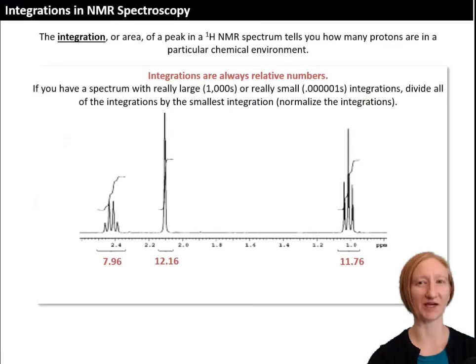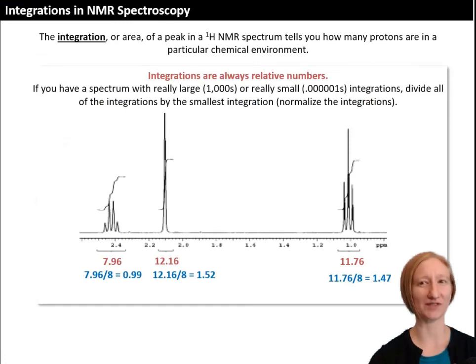In this example spectrum, the integrations shown are 7.96, 12.16, and 11.76. That doesn't mean that this peak is coming from 8 protons. If you try to draw a molecule that has 8 protons in the same chemical environment, that will be tricky. What this really means is that we need to normalize the integrations. And to normalize the integrations, we need to divide through by the smallest value. And here that's 8. So we divide each value by 8, and we get 0.99,